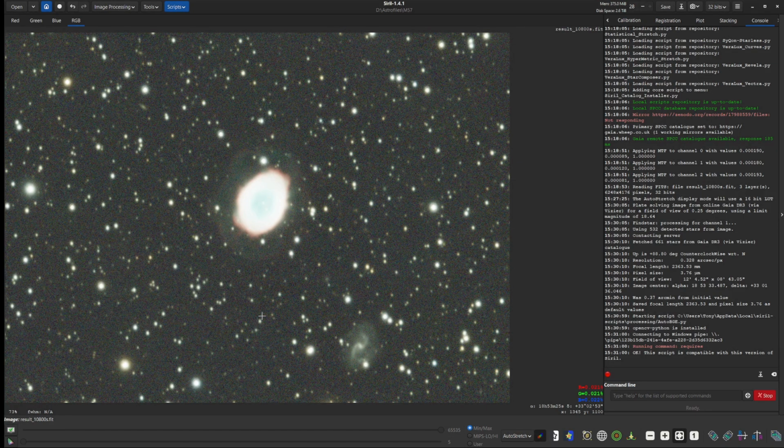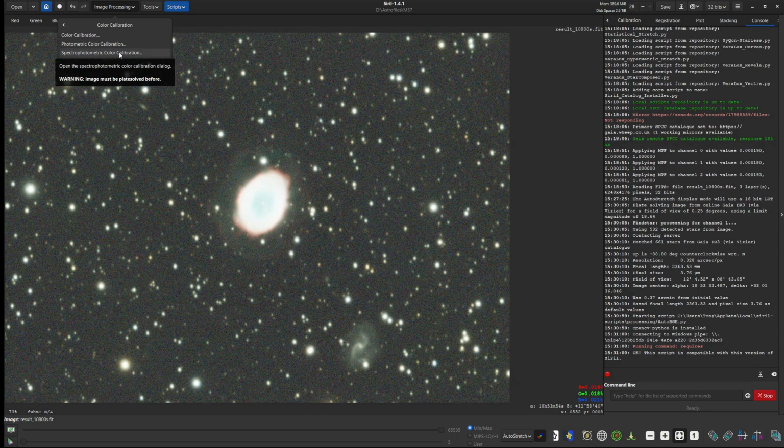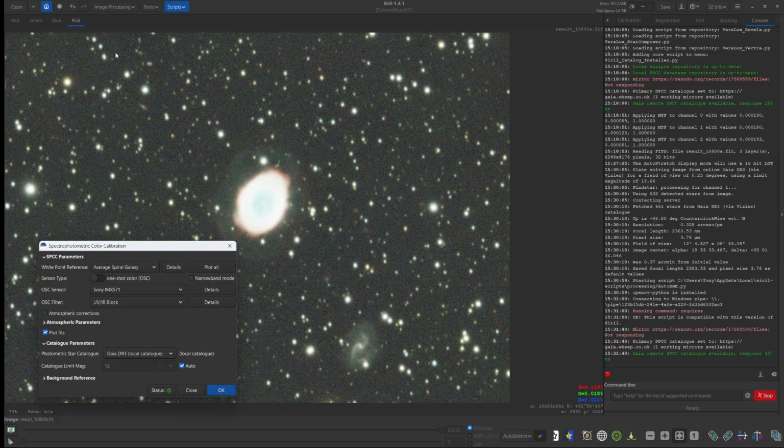And at least to my eye, it looks like the background is a little bit more even. Then the next thing we want to do is a color calibration. So go into here, image processing, color calibration, and we are going to select spectrophotometric color calibration. We click on that, and I've already selected in some of these drop downs here, my image